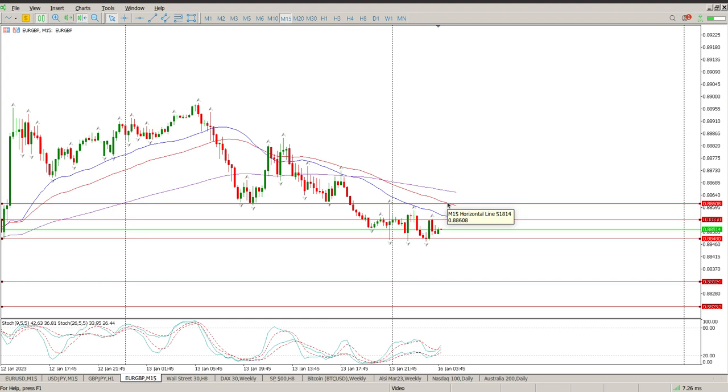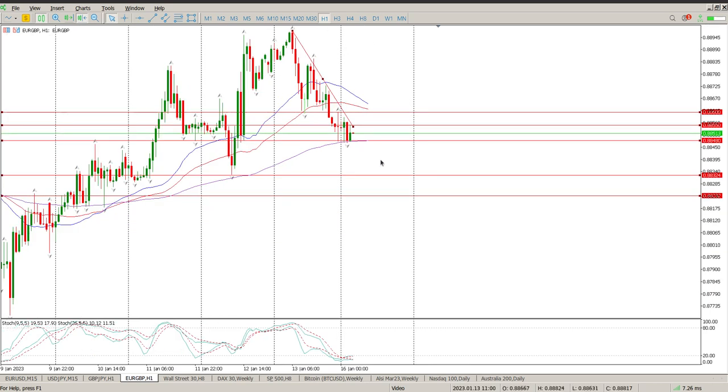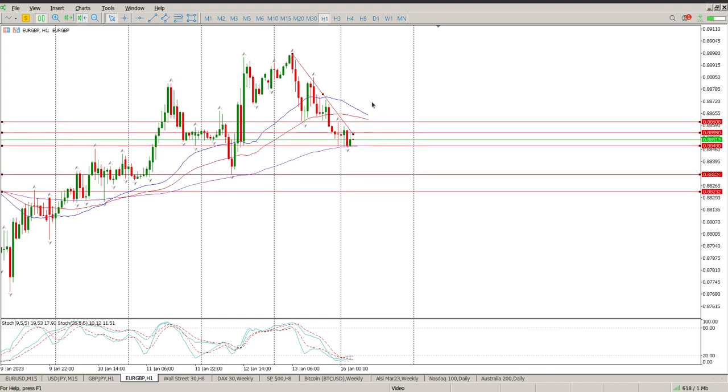So 0.88608, break above it. You can even wait for the retest if you want. There shouldn't be much going on today. Then you're looking for a move up. Bear in mind what that does as well is it would break this trend line. And if you look at that on the hour, that's a fairly deep wedge that's formed for a move to the upside. So this is a nice long setup for a move up,